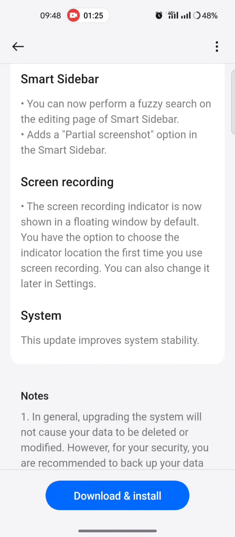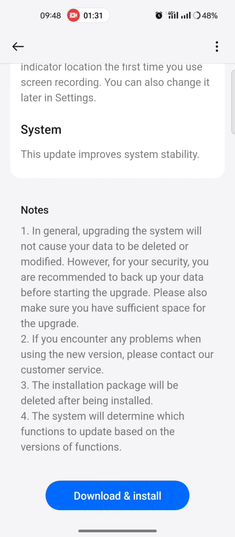System: the update improves system stability. Note: in general, updating the system will not cause your data to be deleted or modified. However, for your security, you are recommended to back up your data before starting the upgrade. Please also make sure that you have sufficient space for the upgrade.